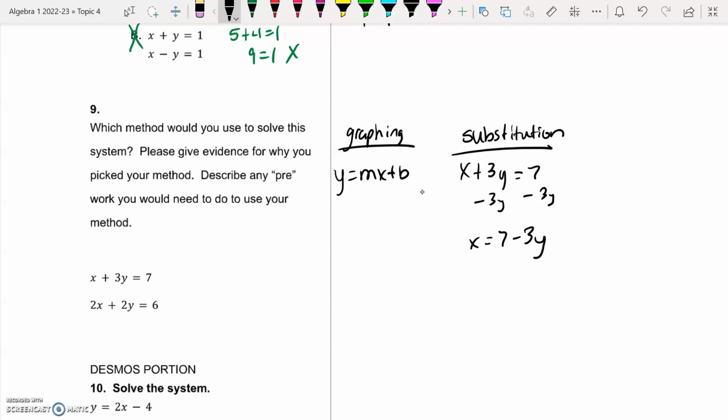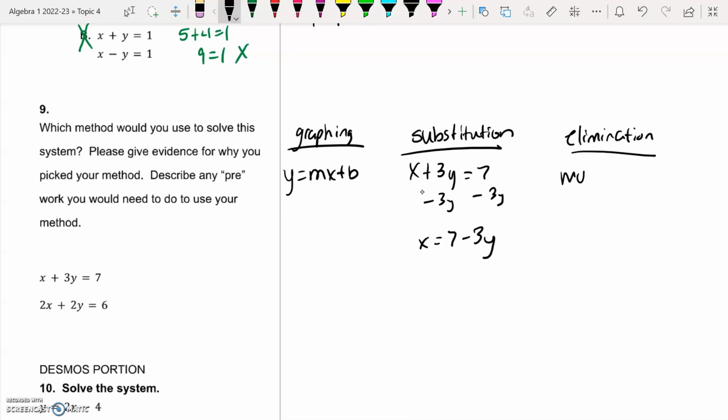And then you could sub it into the other equation. Or you could do elimination, which I think is the easiest in this case. But you're going to have to multiply one of the equations, or both of the equations, to get it to cancel out, aka eliminate. So I'm going to multiply the top equation